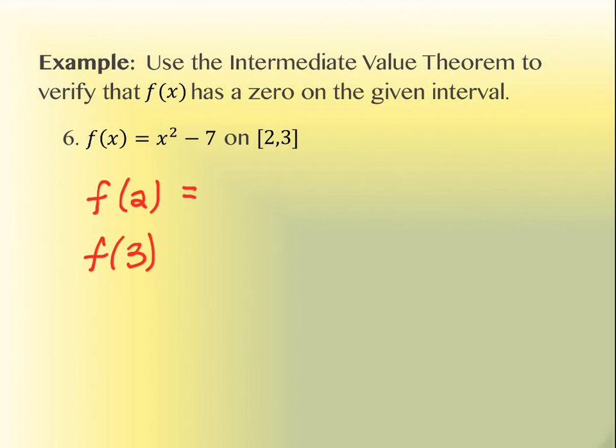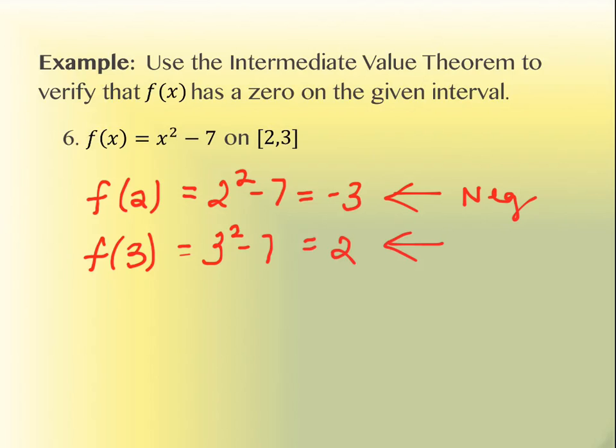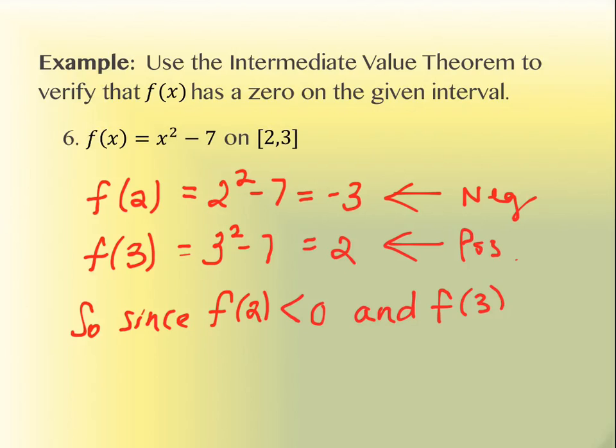If I plug in x equal to 2, what function value do I get? -3. Yes, this is 2 squared minus 7, which is -3. And what about at 3? I get 2. So this one's negative, and this one's positive. Agreed? All right. So we're going to write something down like this. Since f(2) is less than 0, and f(3) is greater than 0,